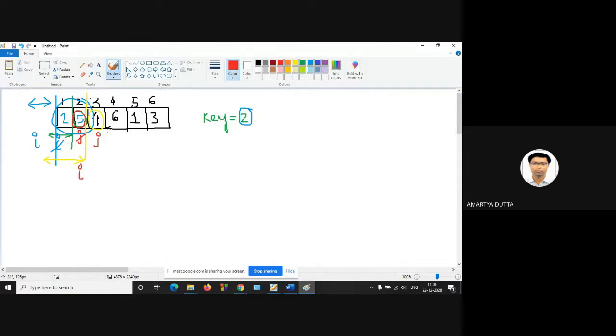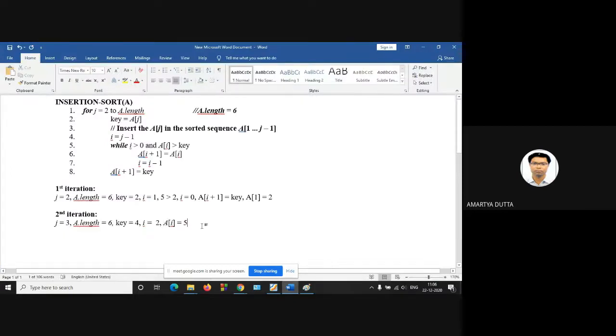Now your 5 is greater than your key. Your new key value is 4. So 5 is greater than your current key value that is 4.